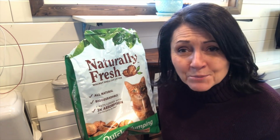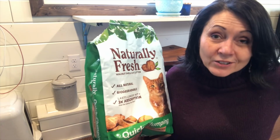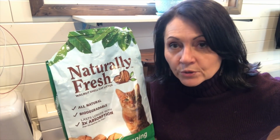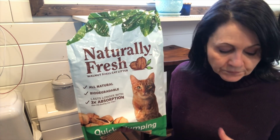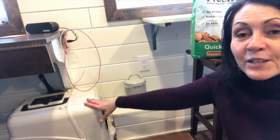It really clumps well, which is a necessity when you are scooping the litter. You want the clumps to stay together as you're scooping them. It really controls the odors, and I feel good about it being biodegradable. For me, this works well because, again, I'm sitting here working during the day and the litter box is right